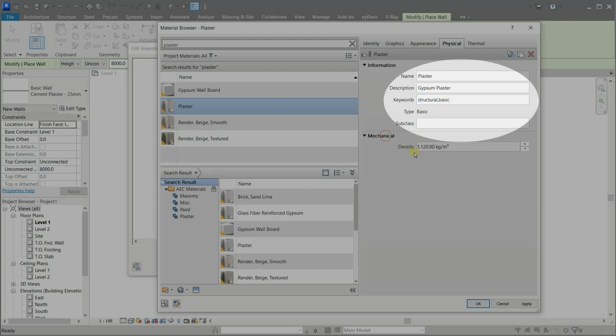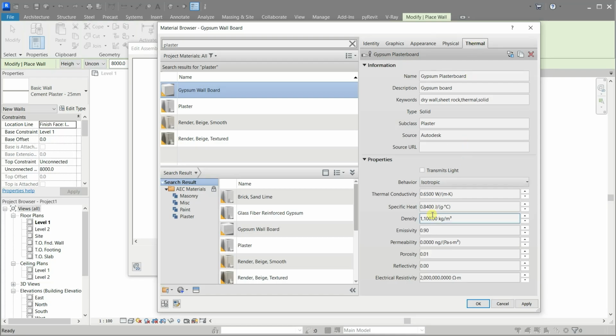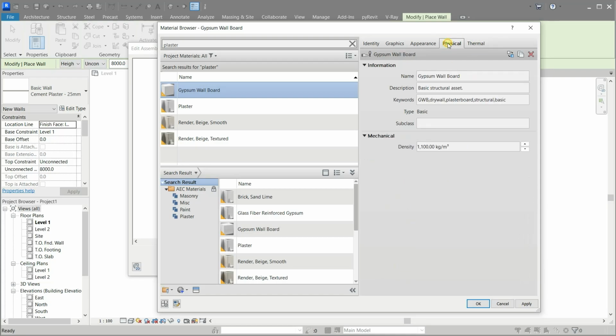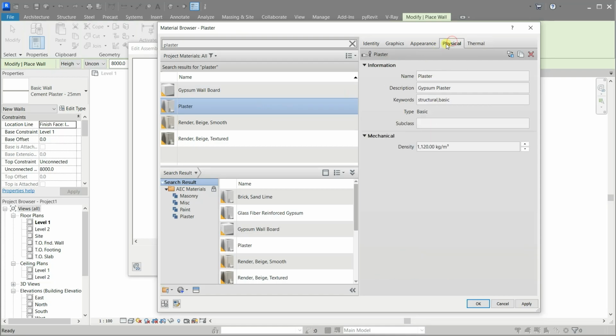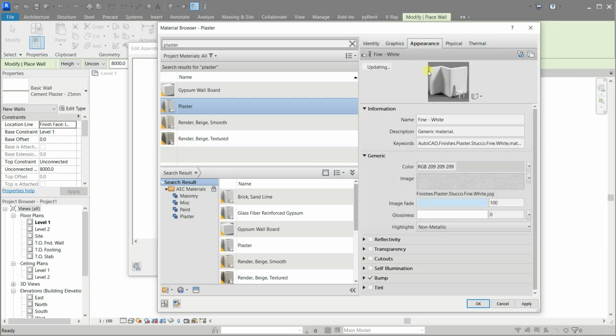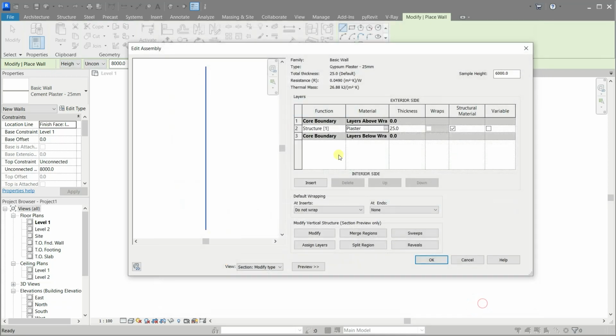Now I want you to click it, then click the gypsum wall board periodically and see the physical differences. As I said before, we are concerned about the material, not only how it looks. Choose the plaster and click OK.